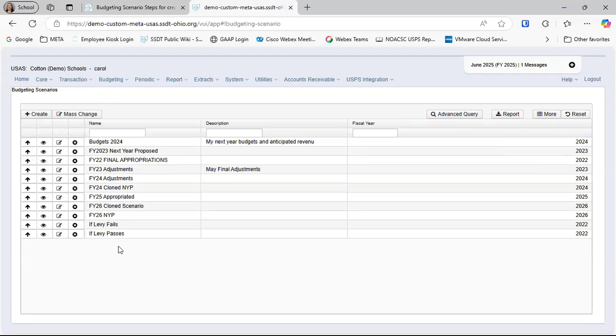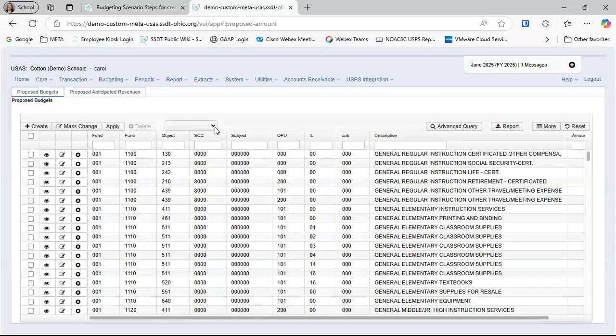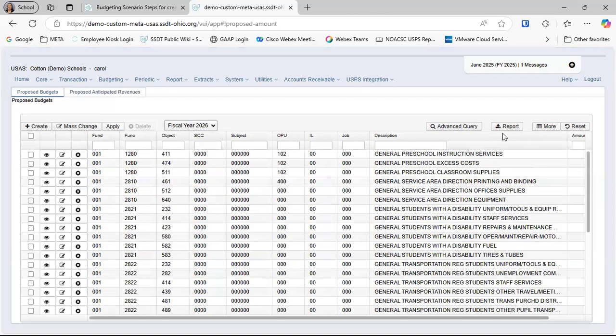Okay. Another question. Once the next year proposed amounts are all entered, what report can we run to see them? Okay, so there's a couple reports. If you want to see those next year proposed figures, again, they're right in this area. They're already here in proposed amounts. So these will be your next year proposed, right? So you can run a report and verify all those. But if you want to actually see that specific field, that next year proposed field for the accounts, one of the reports you can run